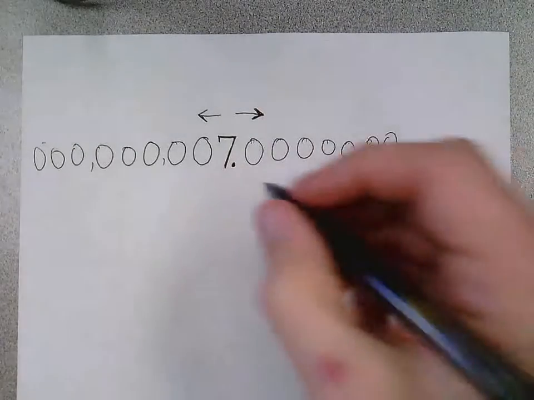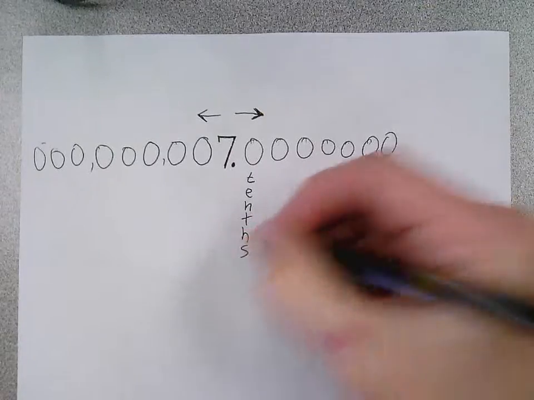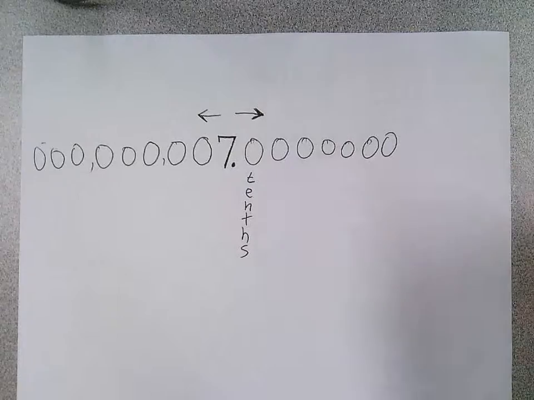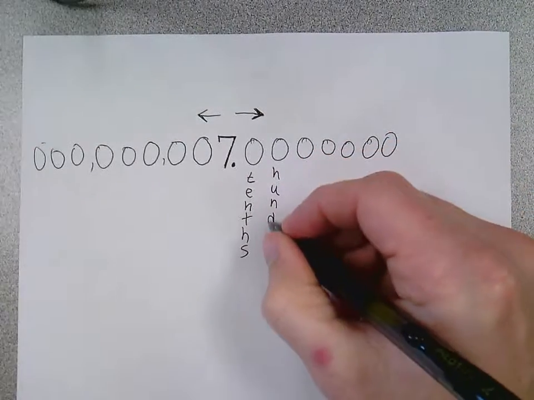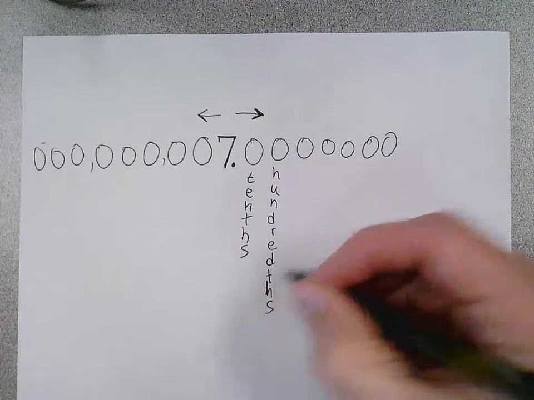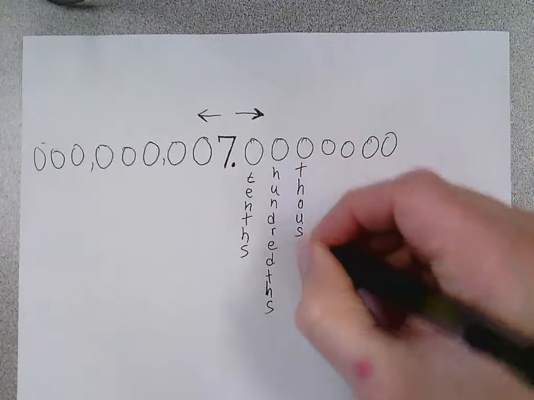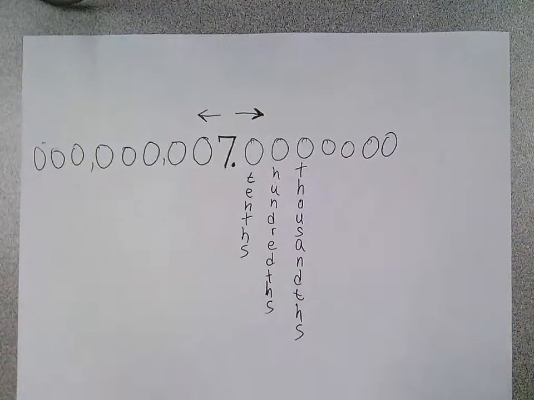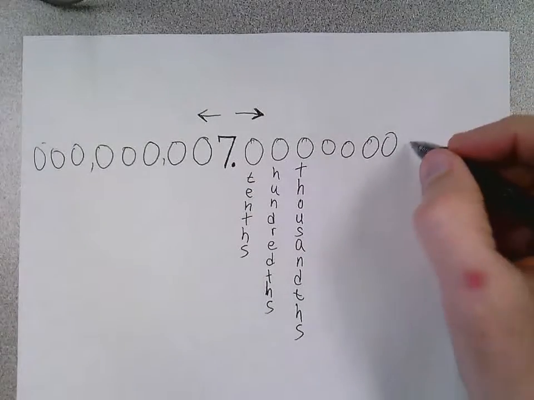So these place values behind the decimal point are tenths. Now, that's not tens, it's tenths with a THS on it. Then hundredths. And thousandths. So these place values, and that's the only ones that we're going to talk about today, but these zeros do